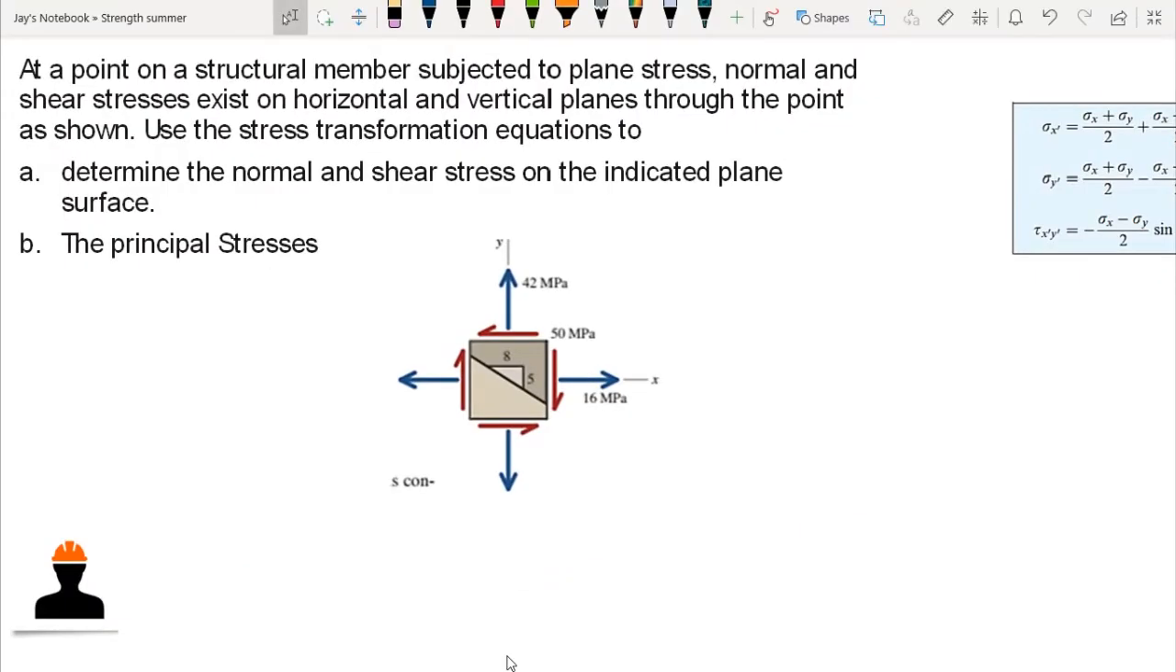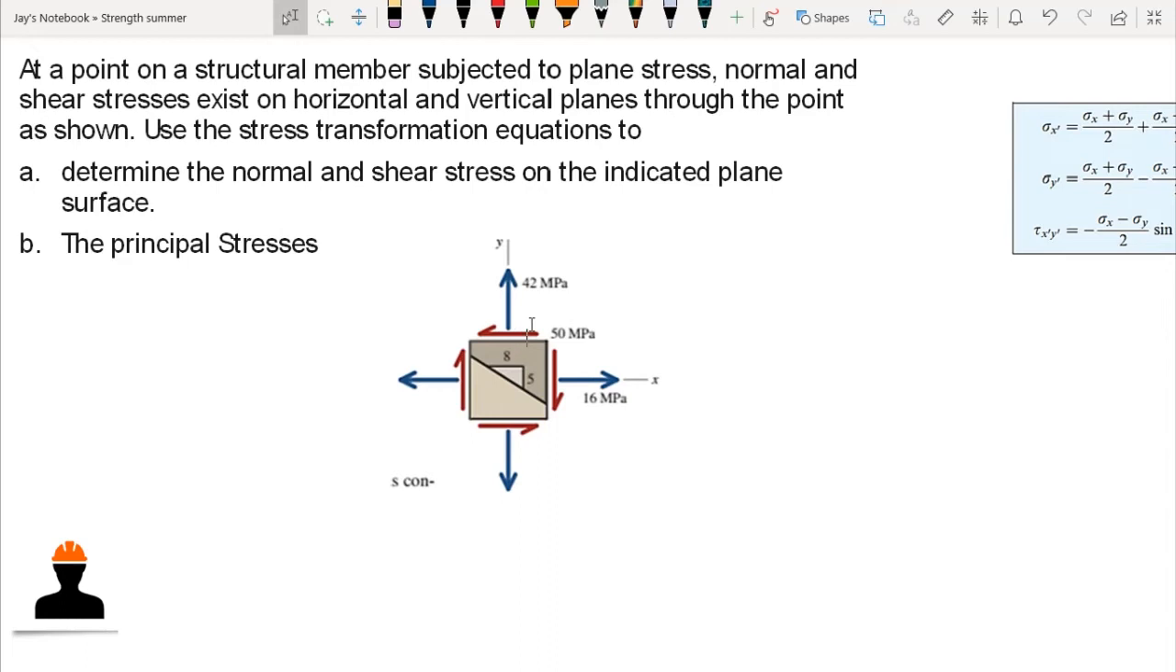Okay, let's try to solve the example. I have here a point on a structural member subjected to plane stress. So we have this member here. Normal and shear stresses exist on horizontal and vertical planes through the point as shown. So this one, we have the normal stress and we also have the shear stress. Use the stress transformation equations to first determine the normal and shear stress on the indicated plane surface, and